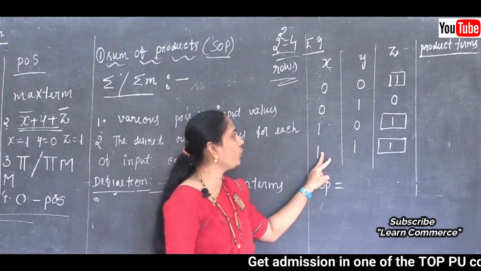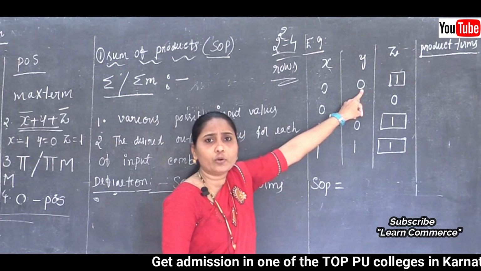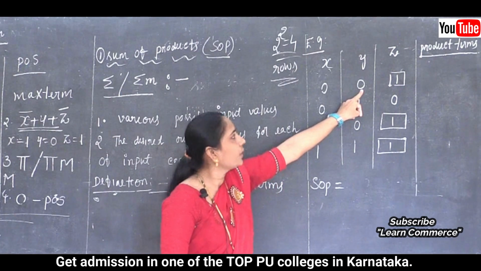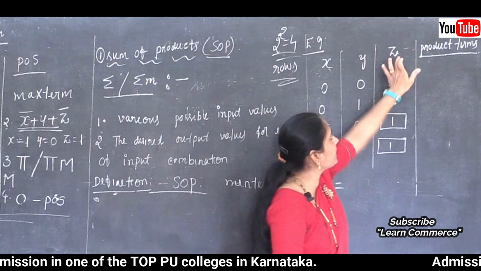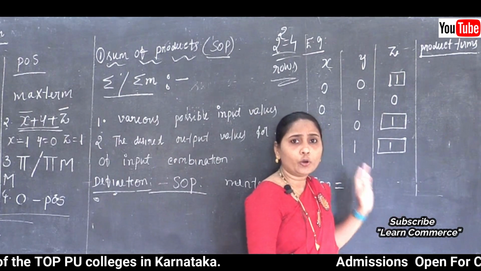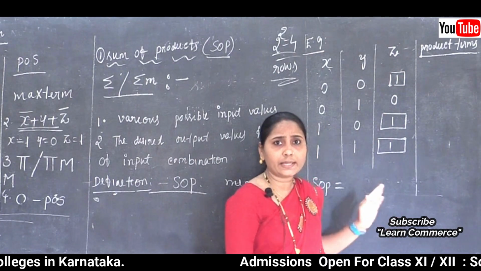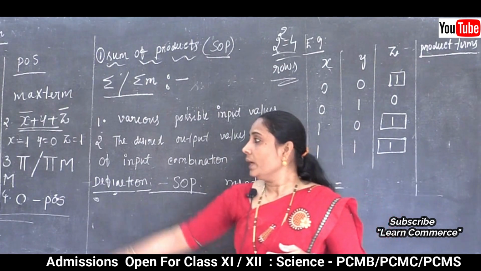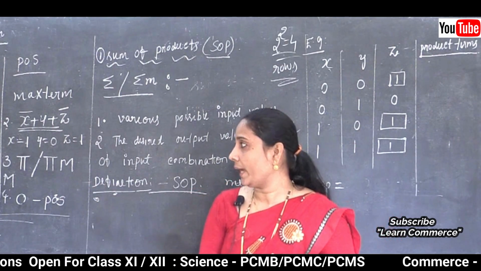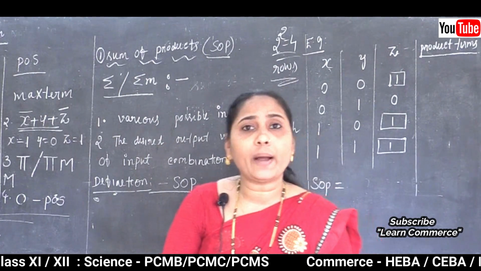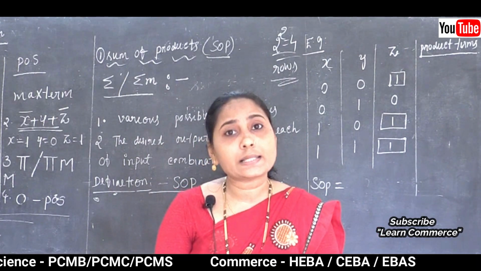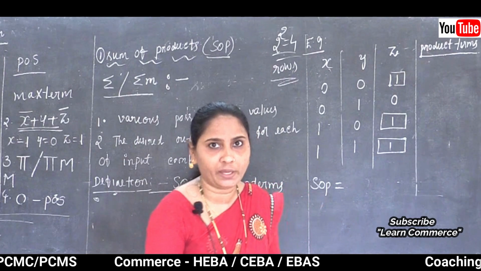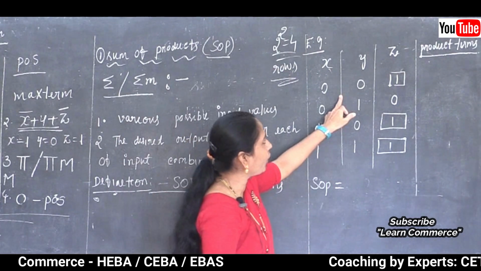2, 0, 2, 1. Second column value 0, 1, 0, 1. Correct, no? Now, I said this is the output column. So the output column means we can say how we are going to form the SOP. We know that in differences, I already explained, the binary 1 is considered to form the SOP. Clear this point here? I want to form the SOP.